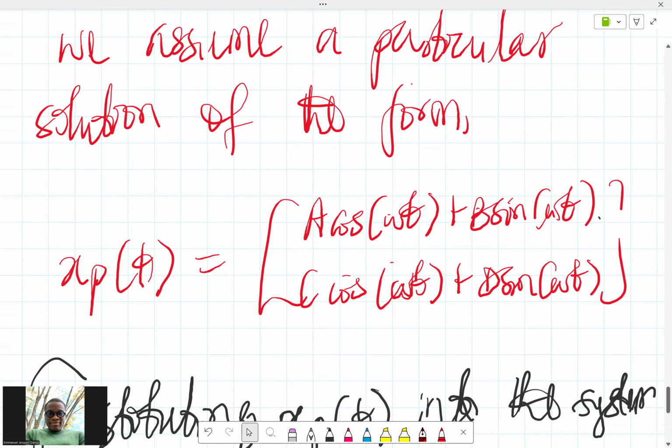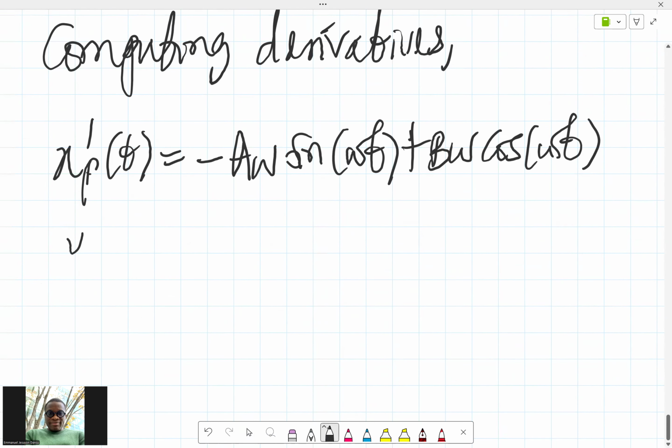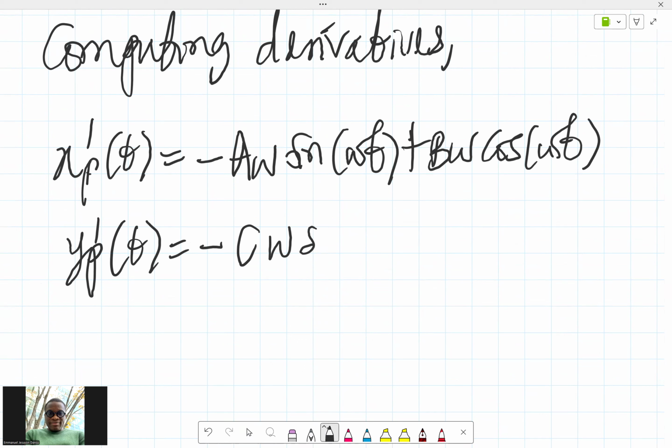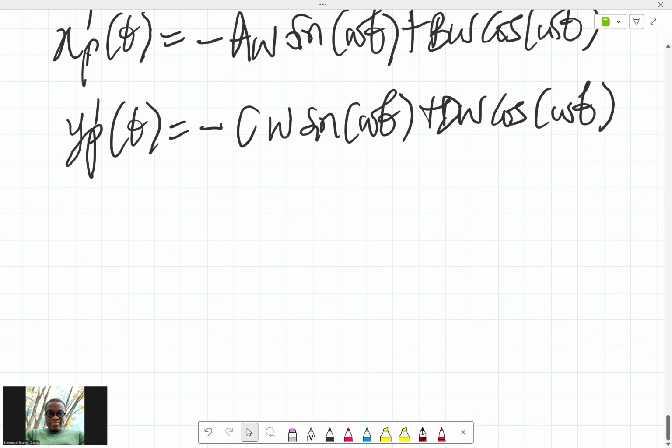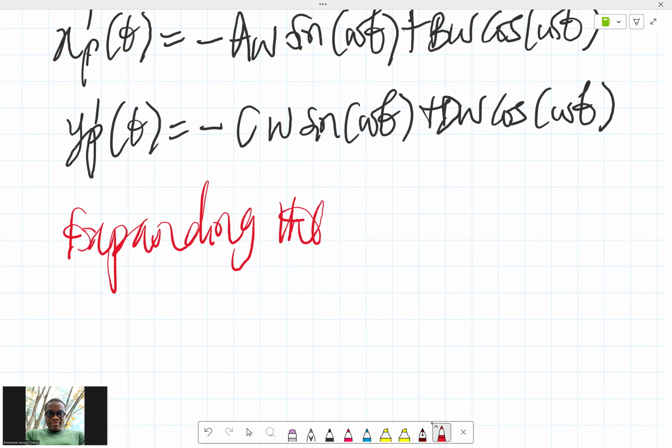When we differentiate the second line, we have something similar, except that now we have c and d. So yp prime of t will just be minus c omega sine omega t plus d omega cos omega t. So we have those two. Now, if we expand the matrix multiplication,